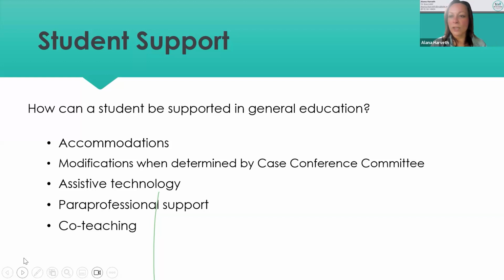I'm just curious where we are with that, because accommodations and modifications are different, and I want you to know what that means. And assistive technology, just these words. Sometimes there's a lot of jargon in special education, and I just want to make sure everybody has those down. Katie. So right now, everyone's saying yes to all of those. Awesome. Okay, great, thanks. I just want to make sure that we have all of that down.